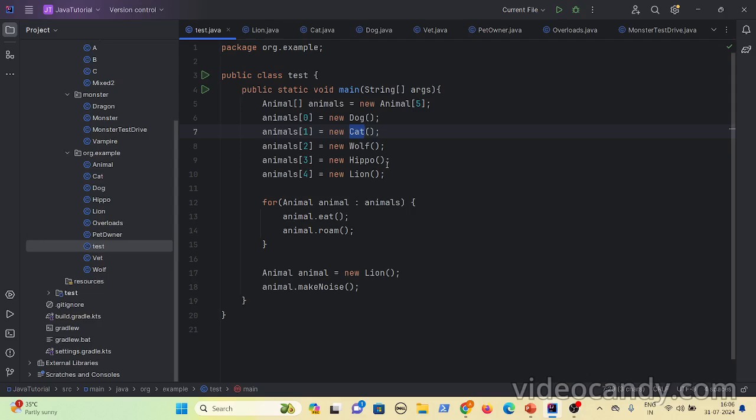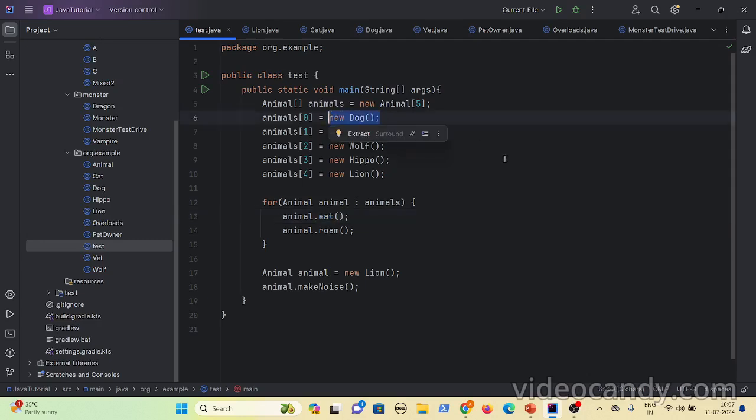Now you can compare this with a real world example also. Let's take a girl. When she goes to office, she is an employee. When she is at home, she is a daughter, a sister and a mother, right? Each role has different responsibilities. When she is an employee, she has to work. When she is acting as a daughter, she has other responsibilities. The same person, depending on the situation and the place, is behaving differently. Here as well, the same reference type or the same method invocation exhibits different behaviors based on the object we are passing.